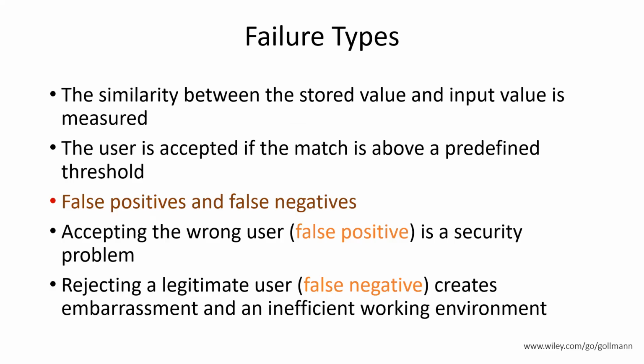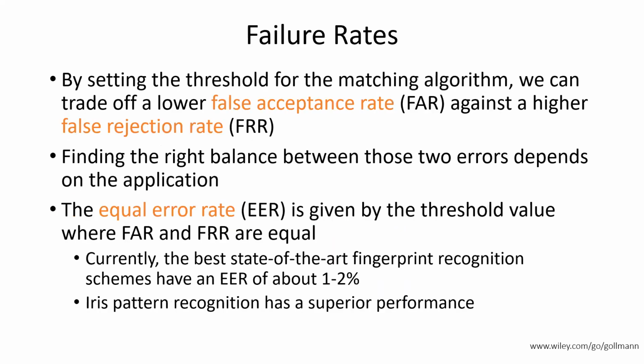False negatives are where you put your finger on it, and it doesn't let you in. I've experienced that a lot with my fingerprint readers. Well, sure, every now and again it doesn't work. You do it again, it works. But I noticed after a few months, I'd try it once, no, try it again, no, try it like 3 times, and then it would work. So then I have to re-enter my fingerprints. It might be seasonal. In the winter, indoor humidities drop, your fingers dry out, and it might impact your fingerprints. So you have false negatives and false positives.